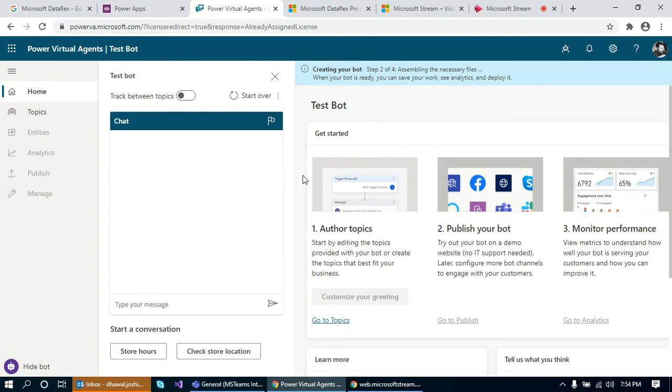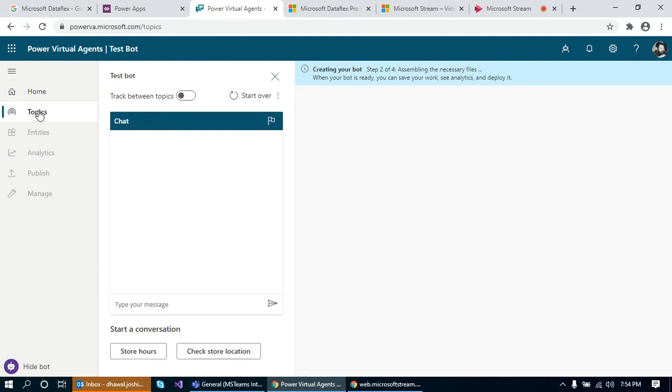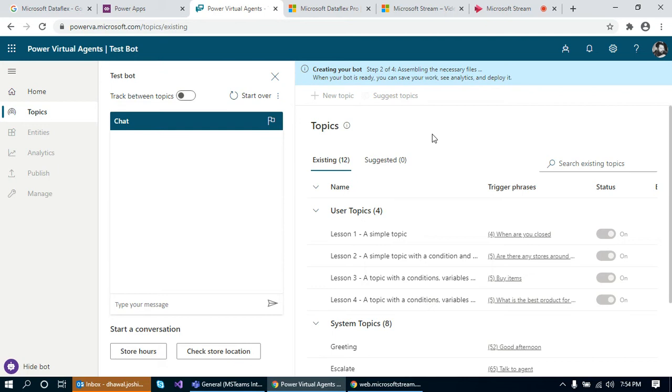So now what we can do is we can quickly check what all things are available. I've clicked on topics. So it actually explains how we can use the Power Virtual Agent to create a bot, and it by default shows some topics, like a simple topic.